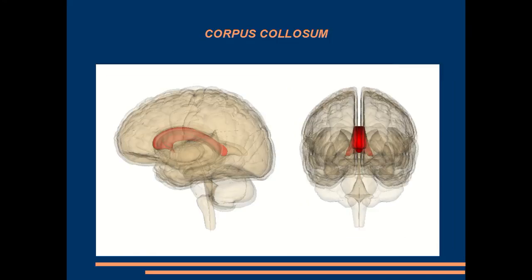responses. And corpus callosum. The brain is divided into right and left hemispheres, and the two halves are connected by the corpus callosum. This bundle of nerve tissue contains over 200 million axons. This part is the largest collection of white matter, and it allows different parts of the brain to communicate with each